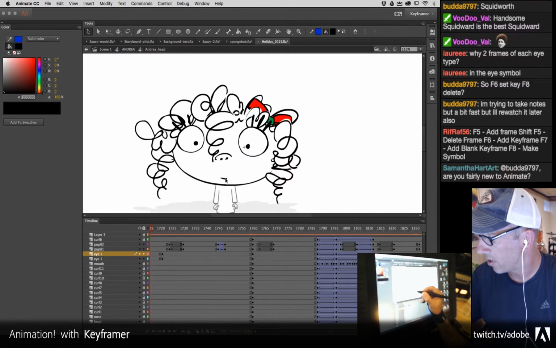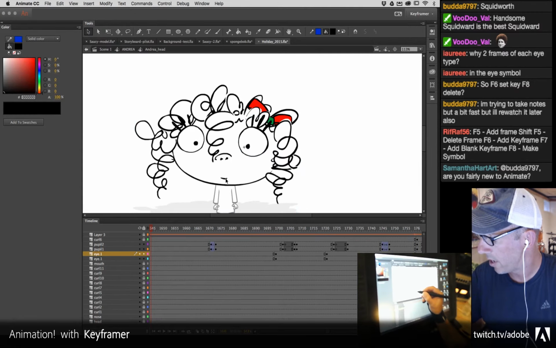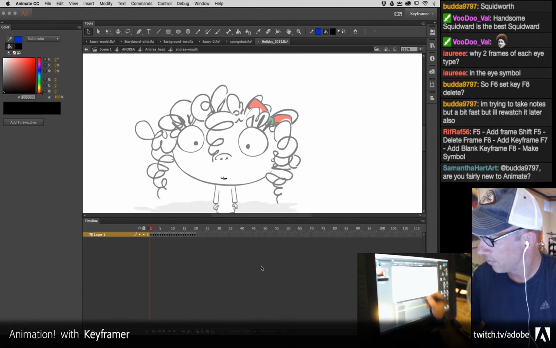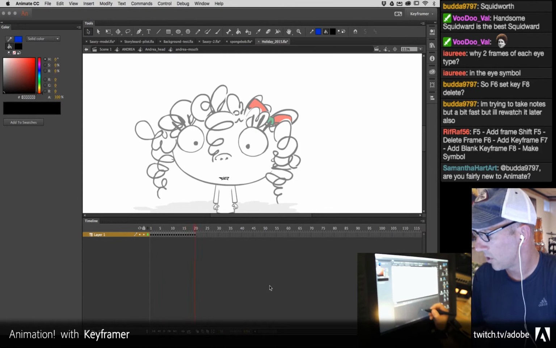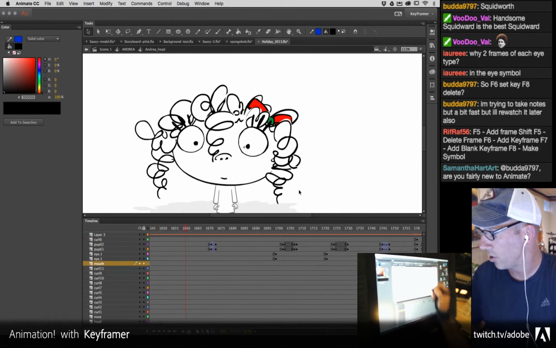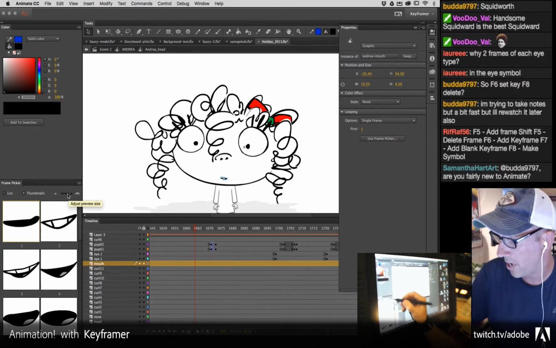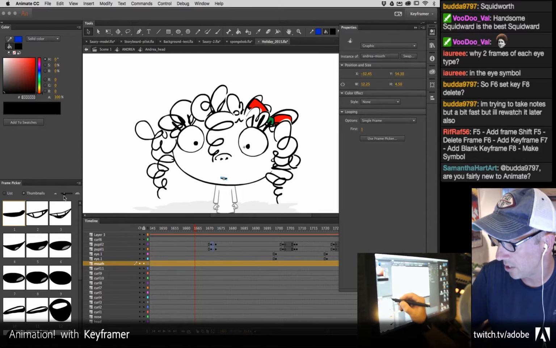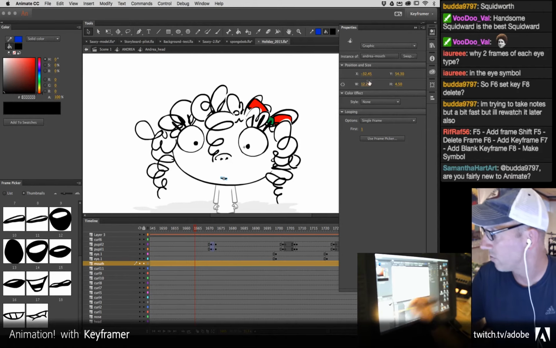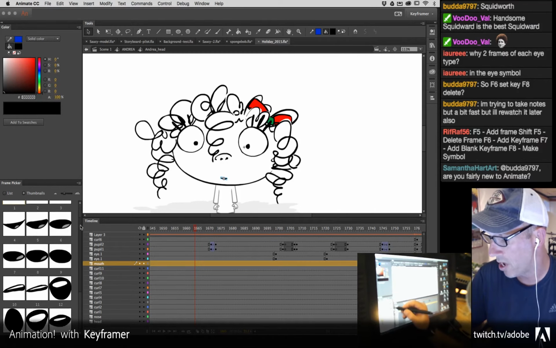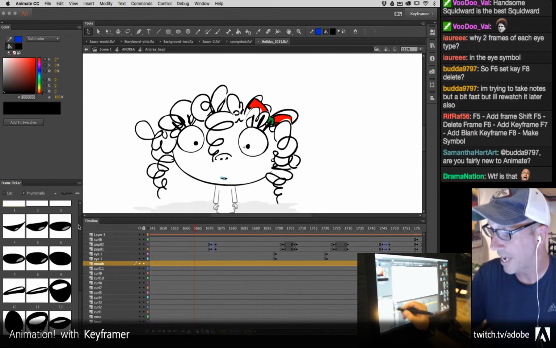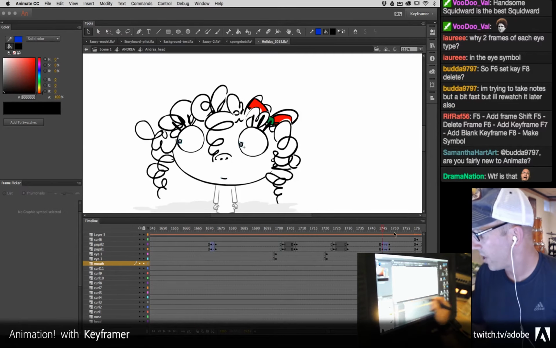And then I have a mouth here that has a lot of frames in it. Let me see if I can unlock that. So this is probably a better example about using Frame Picker. So if I turn on the Frame Picker, now I can adjust the size of these thumbnails as well. I can see all of these mouths, right? It's really hard to commit to memory which mouth specifically is on what frame. So if I go along and want